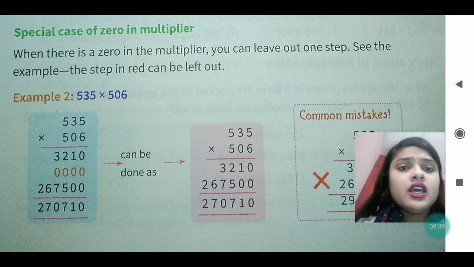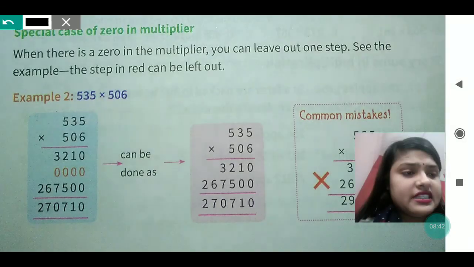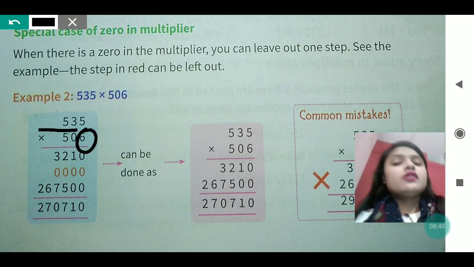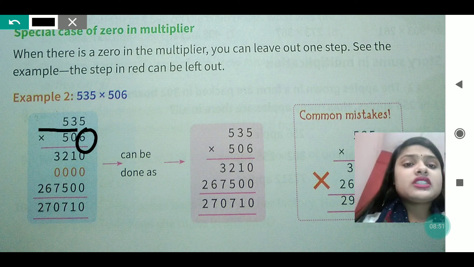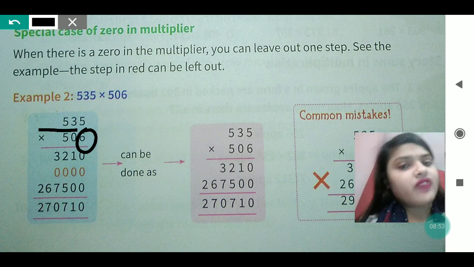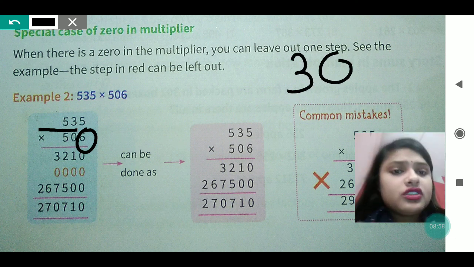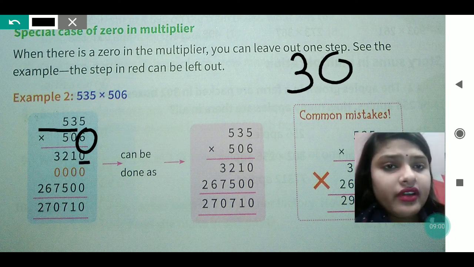How it is done. Means 6 table we have to read first. Yes, because first it is written 6. So 6 table we will read, and we will read the table of 6 with all the numbers. Okay, so 6 table either you read 5 times or 5 table 6 times. In both the cases you will get 30 only. So 0 you will write down, 3 you will write up.